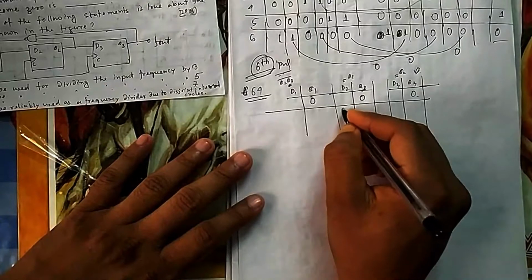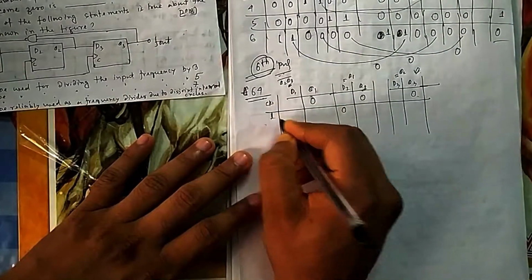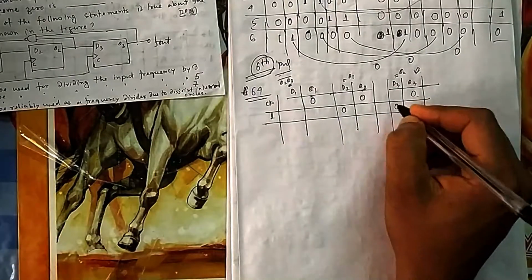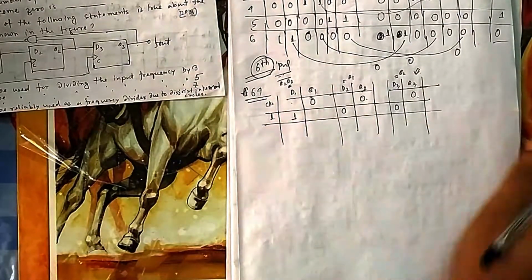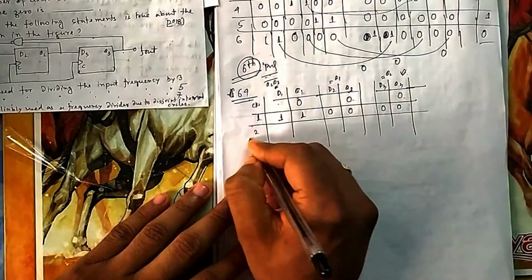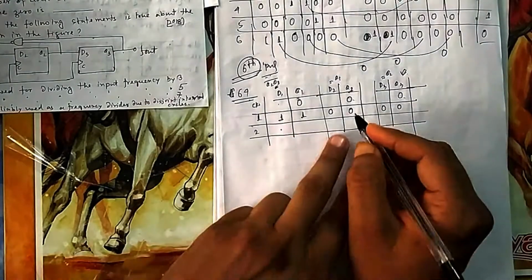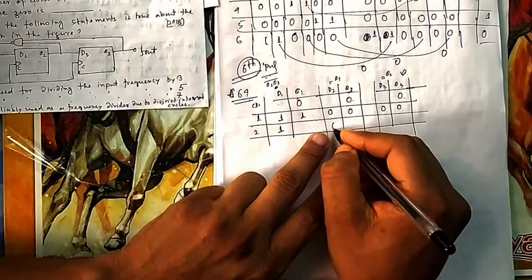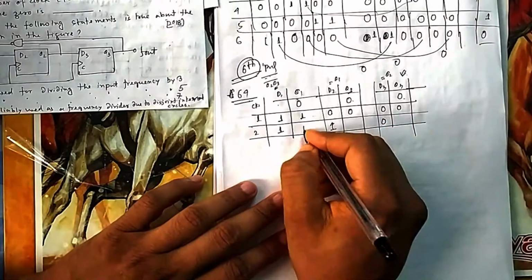So if you give the first clock pulse, Q1 is 0, Q2 is 0, and here Q2 Q3 is 0 0, then bar, so it is 1. So D1 is 1, D2 is 0, D3 is 0. Now if you come to clock pulse 2, Q2 Q3 is 0 0, so again it is 1. And D2 is just Q1, so it is 1, and D3 is just Q2, which is 0.